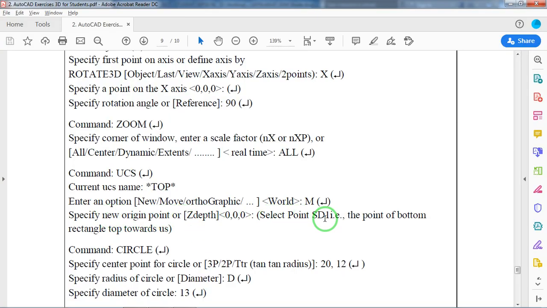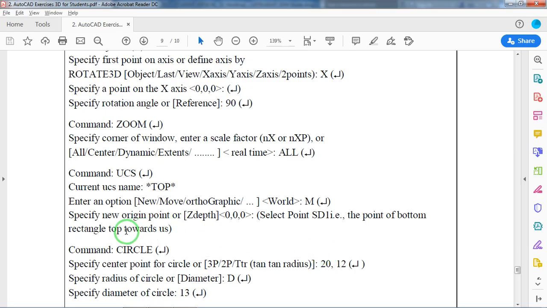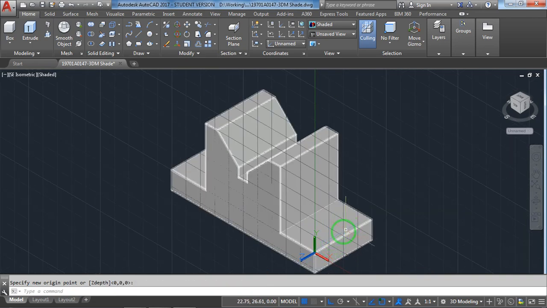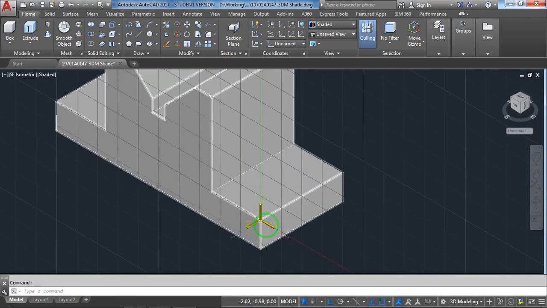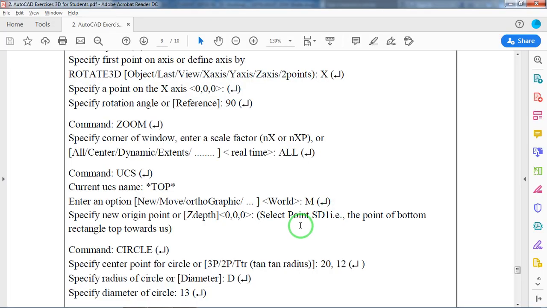Here we have to select solid SD1, the top point of the bottom rectangle. See, this is the bottom rectangle, top point towards us. This is the point which I am selecting. Now here it is X, Y, Z. Hope you all understand what I am doing here.